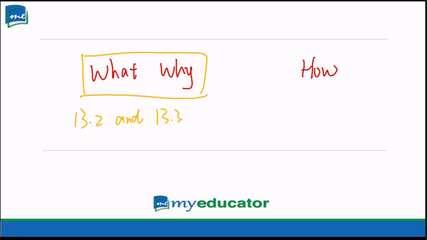13.3 in your textbook explain it very well, but it doesn't have a very clear clue about what inventory is and why it is so important. So for this topic, I will not follow the order of the textbook to introduce the what and why, but will provide you another way to explain the definition of inventory management and why we need to learn inventory management. And for the how here,